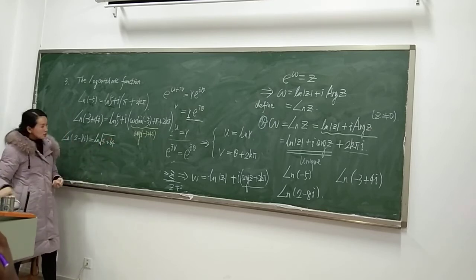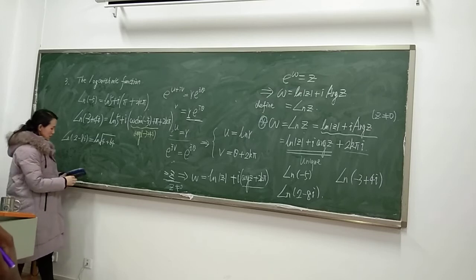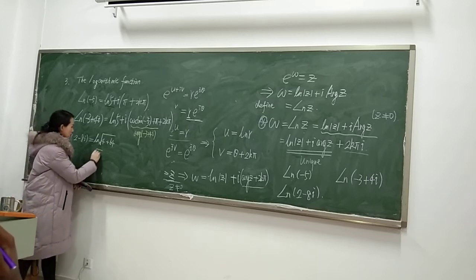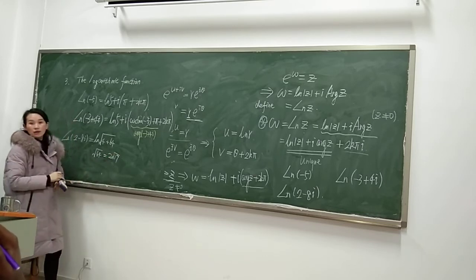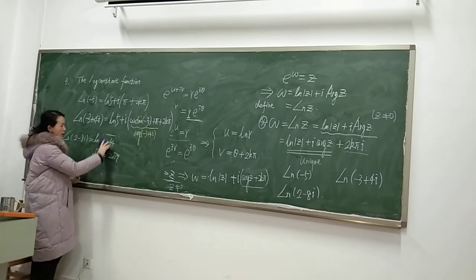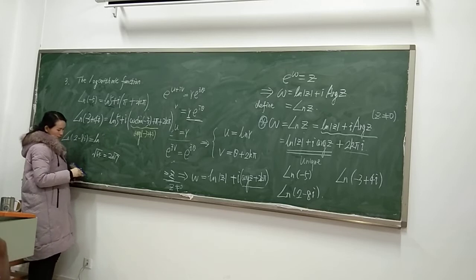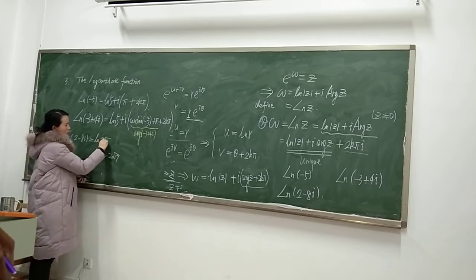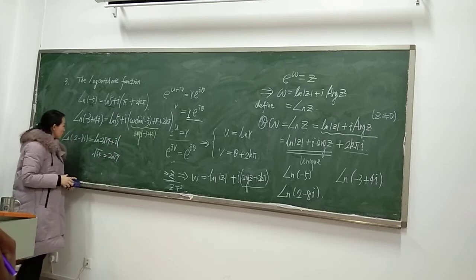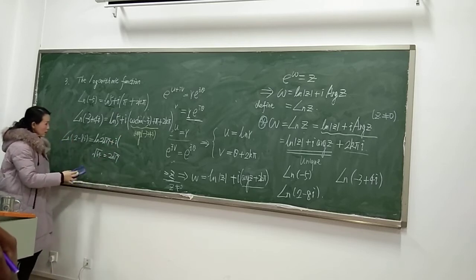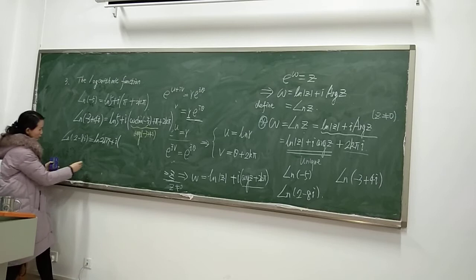So it's 68. You can also write this one plus i times the principal argument of